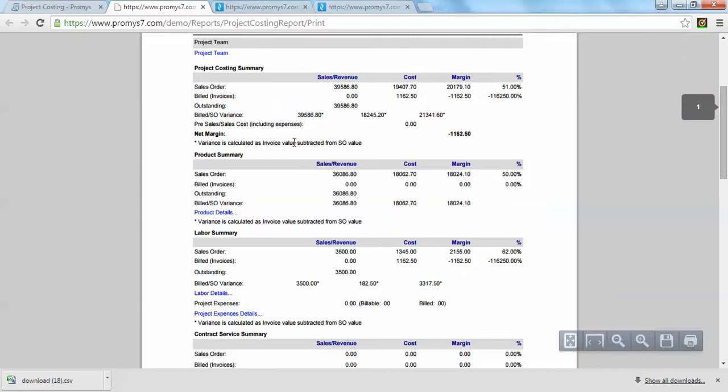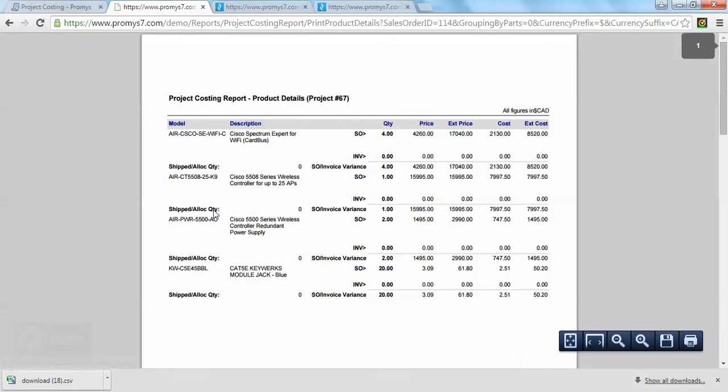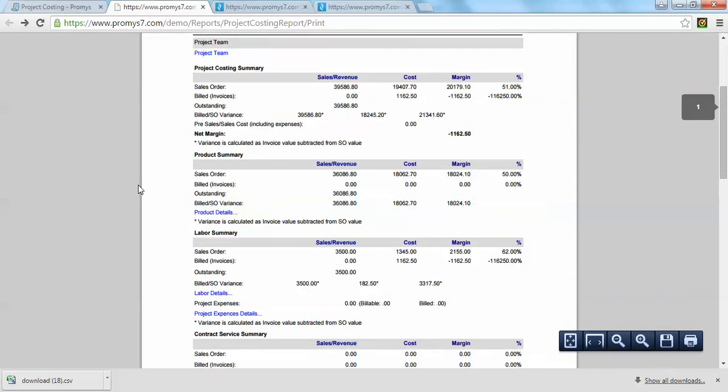So here's an overall project, sales order, build, outstanding, variance. And now I can drill into the product details. Did I use more cabling than I thought? More mounting hardware than I thought? No, that's all okay. And I can drill into the labor, and I can say, okay, so